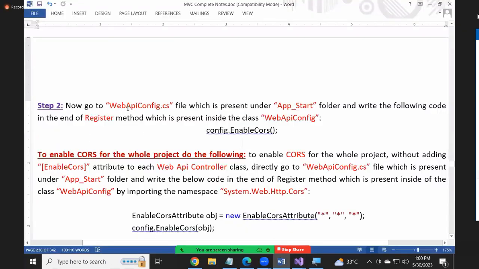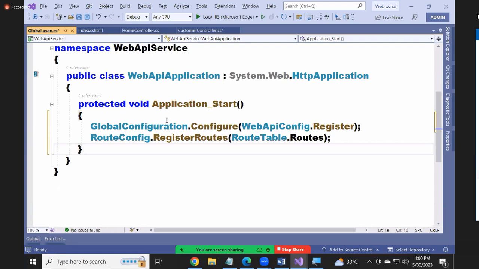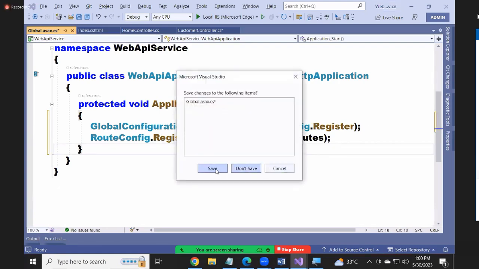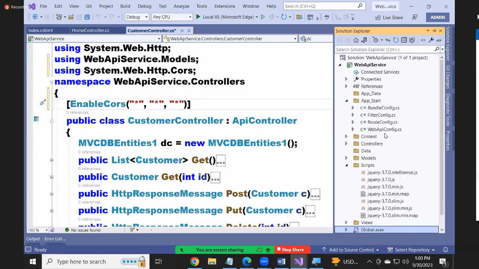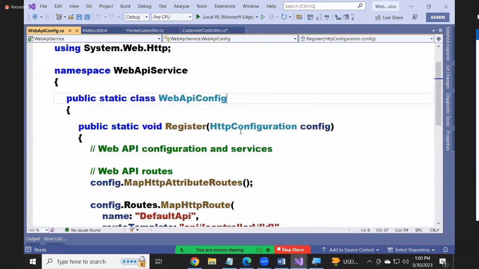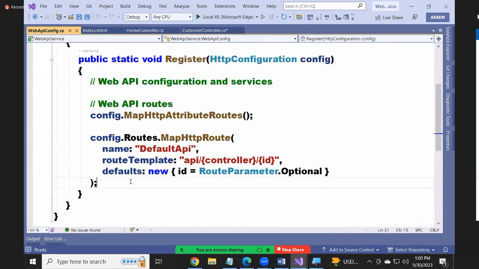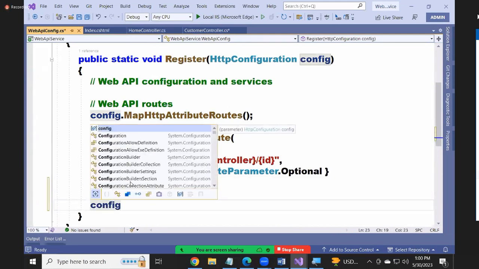Where are you writing? Oh, web API config, sir. I'm sorry, not here. I need to write in the web API config, guys. We have web API config now. Go to web API config, and here you write config. Already config is there here. See,